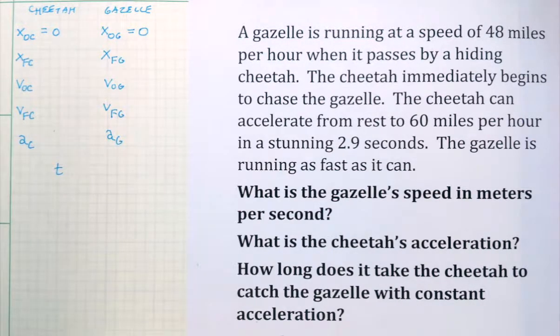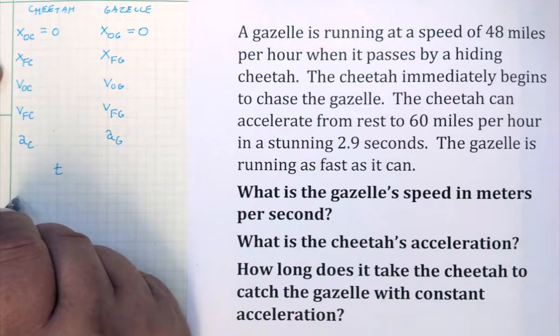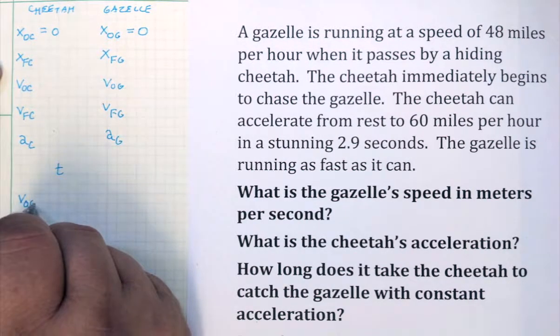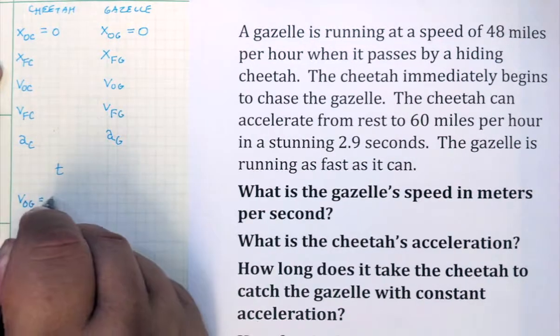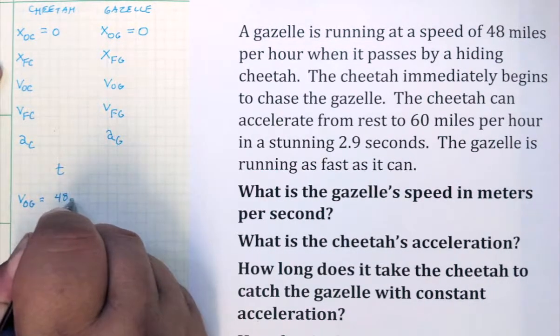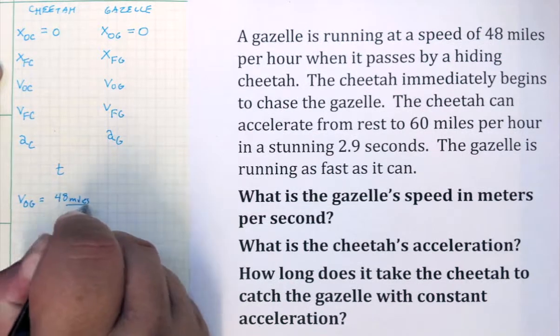We are told the initial velocity of the gazelle, 48 miles per hour. However, we're given that in miles per hour, and so we're asked first to convert that into meters per second. So this is a simple exercise in unit conversion where the initial velocity of the gazelle is 48 miles per